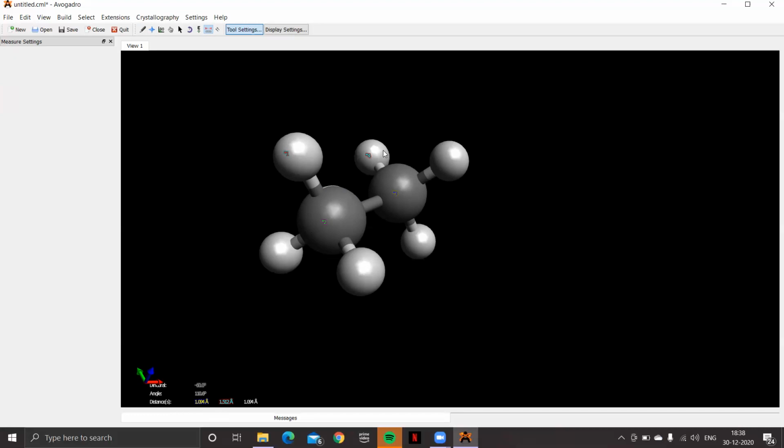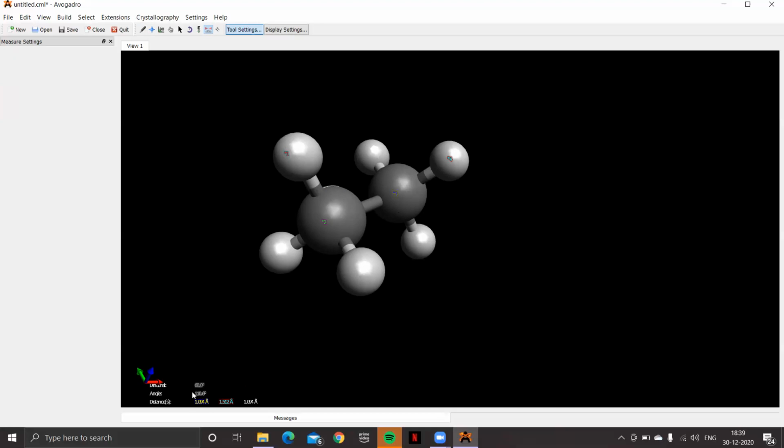If I deselect this atom number 4, which we can do just by left clicking on it, and now click on this particular hydrogen atom, this becomes atom number 4. Now for the dihedral angle, the first plane contains these three atoms: atom 1, atom 2, and atom 3. That's one plane. Another plane will be the one which has this carbon-hydrogen bond. Between these two planes, the angle has to be approximately 60 degrees. In this case, this value is 60 degrees.